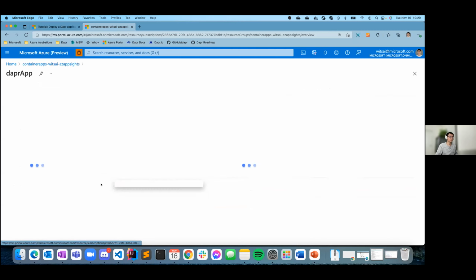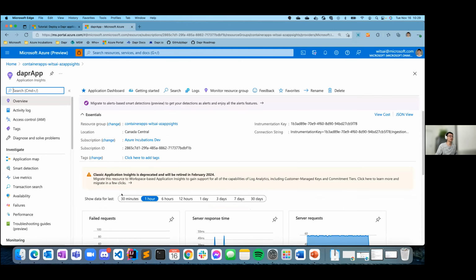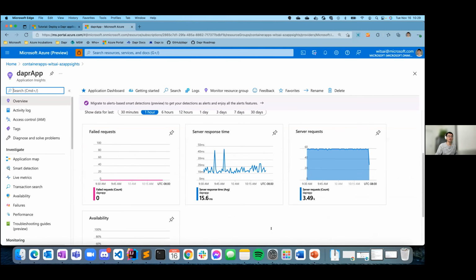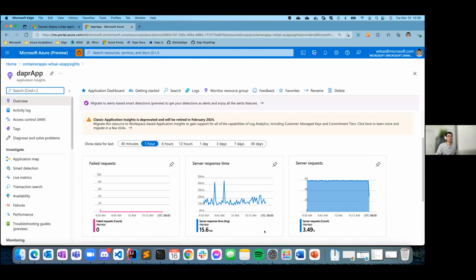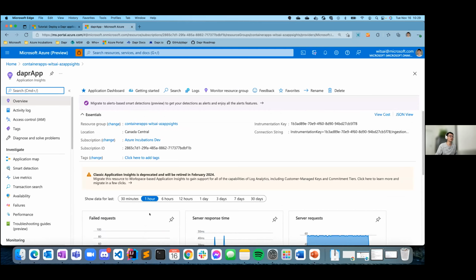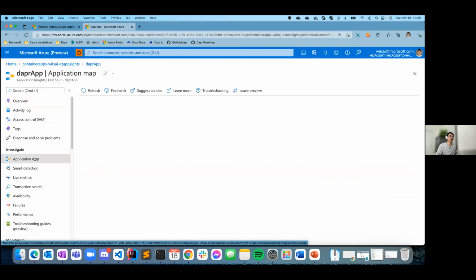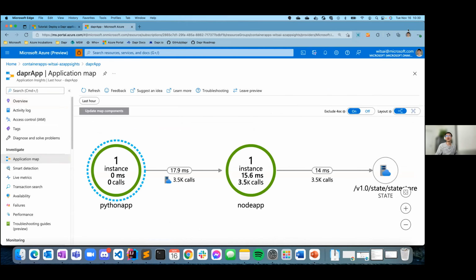When you click into the Application Insights resource, you see some graphical representations of all the metrics that are flowing through from your application. But what I think is really nifty is this application map feature that you can use to